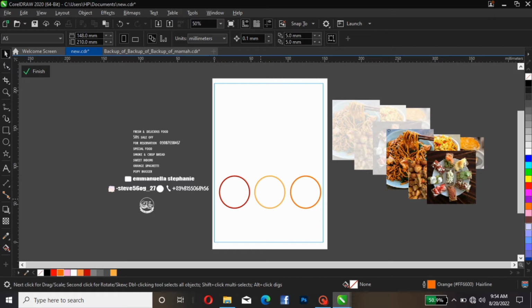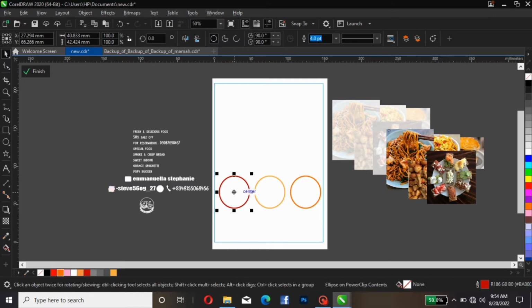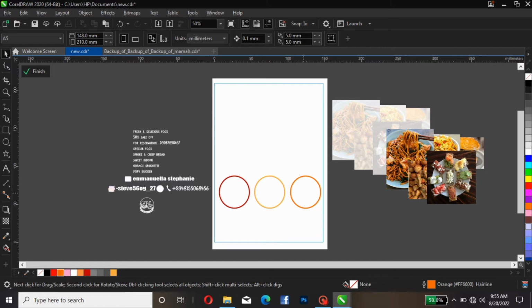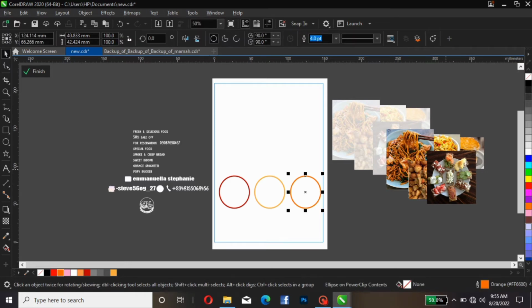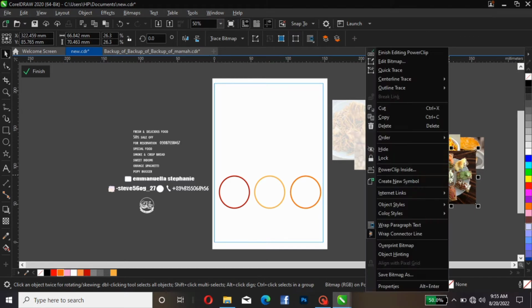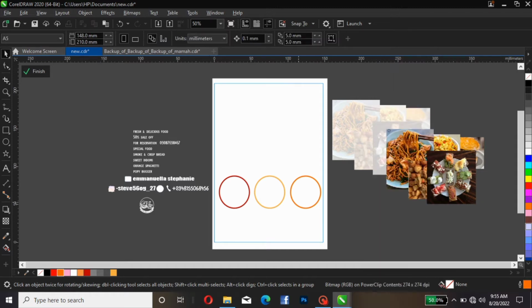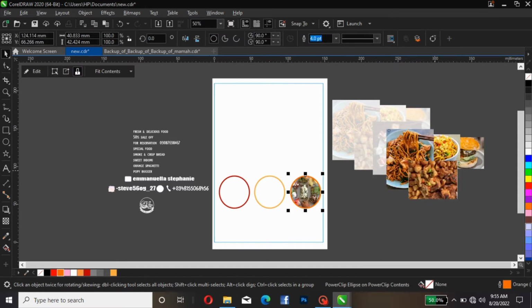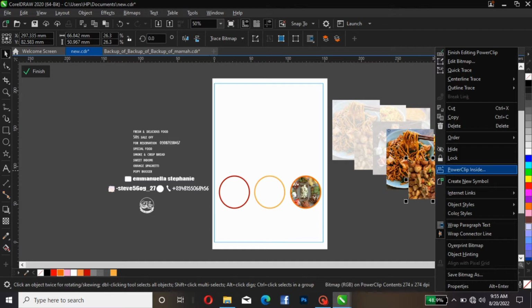Okay, so the next thing we're gonna do now is that we will start inserting this our image inside this our circle. Okay, let's start with this, then right click, you see PowerClip, come over here and click. Okay, the same thing is applicable here. You PowerClip,